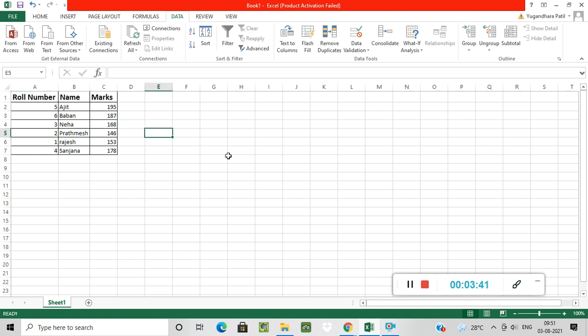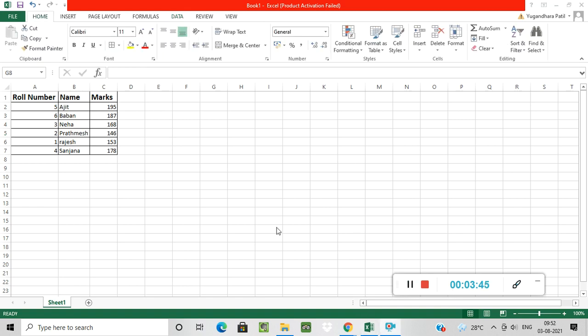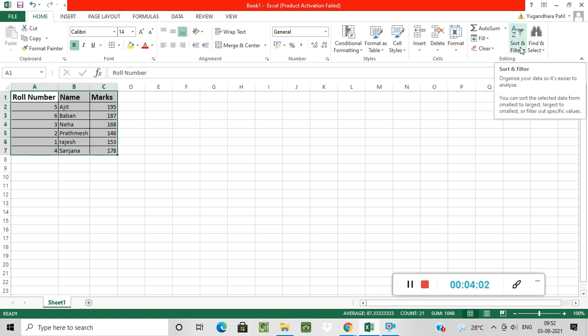Now I am going to show you how to do filtering here. Okay students, if you want to do a custom sort, you can select multiple columns over here. You just have to click on the home tab. In the home tab, editing group, select the sort and filter option and click on custom sort.